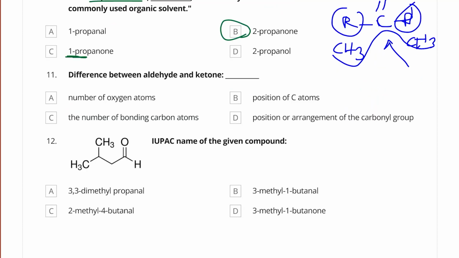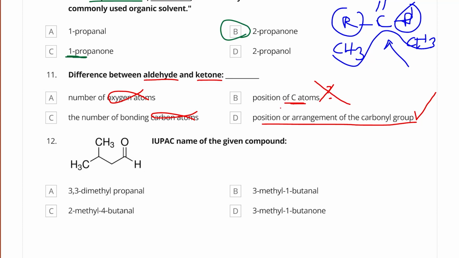No possibility. Question 11. Difference between an aldehyde and a ketone. What is the difference? Number of oxygen atoms? No. Position of carbon atoms? Maybe. Number of bonding carbon atoms? No. Position or arrangement of the carbonyl? Yes. Definitely true. The position of carbon atoms? No. It's